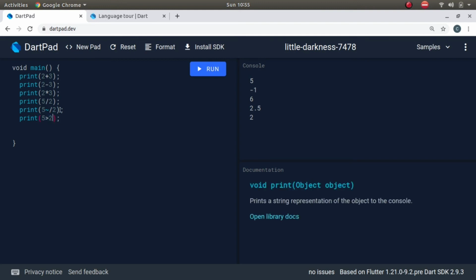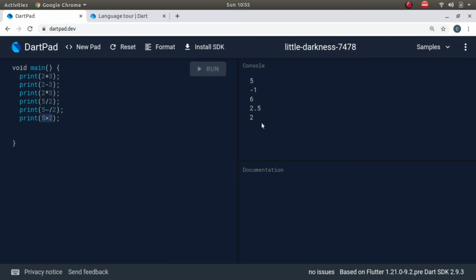The result of 5 greater than 2 would be a boolean, so it will display either true or false in the console.